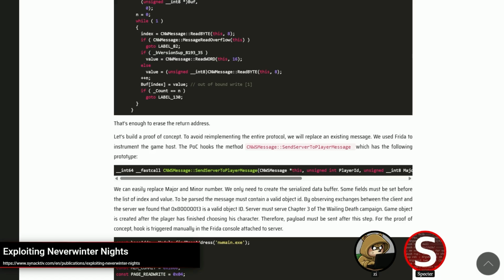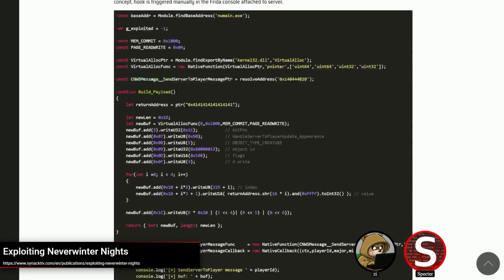It's generally not super hard to get a write primitive or something, because a lot of game engine code, particularly when it comes to networking, is sort of weak in that respect. But actually being able to defeat ASLR and get past that on 64-bit systems now is kind of the crux of the challenge. And that's where the third bug comes into play, which is this handle server to player message